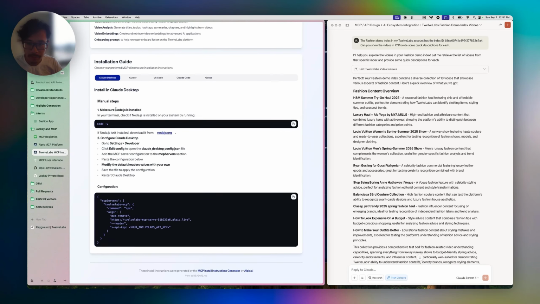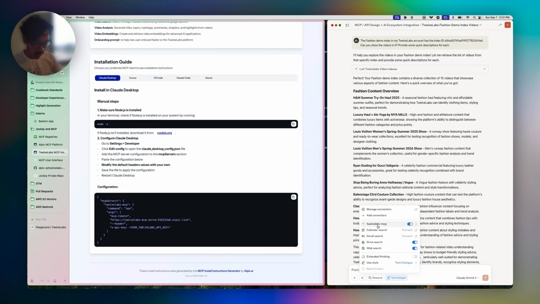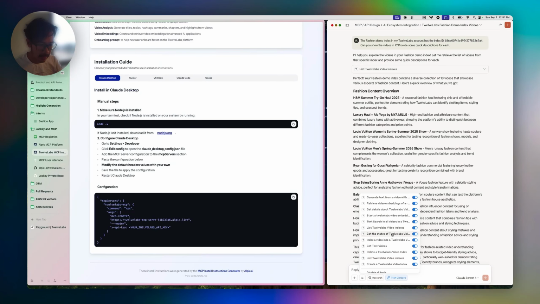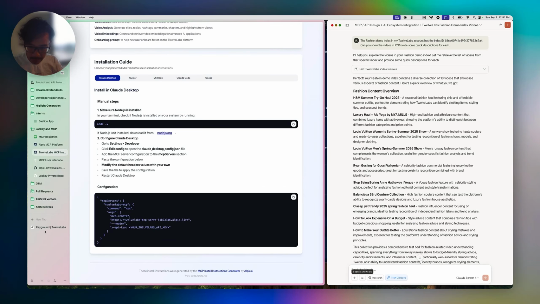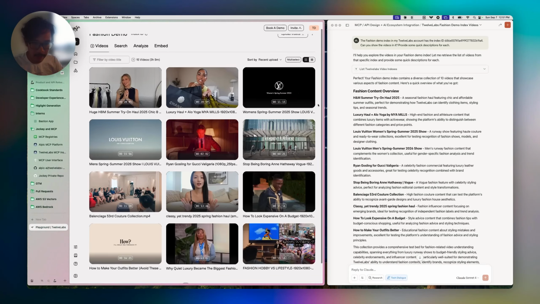For Claude Desktop, you can follow this manual step and the configuration setting over here. Once you finish configuring this in your Claude environment, you should be able to leverage the TwelveLabs MCP tools in your chat and all the capabilities that we built in the server. For this demo, I'm going to show a quick example of how you can use the server to interact